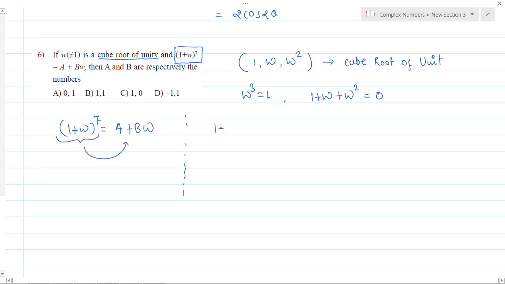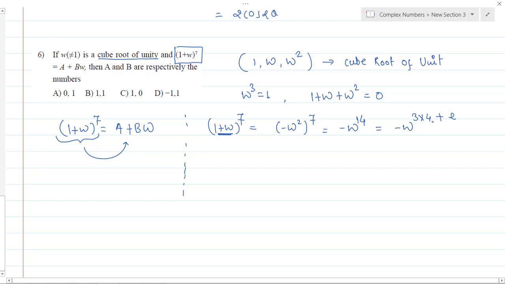So (1 plus omega) to the power 7 can also be written as what? 1 plus omega is equal to minus omega square. Perfect, very good. So it is to power 7, which is equal to minus omega to the power 14. So what I told you, write it in multiples of 3. So it is 3 into 4 plus 2, since 3 fours are 12, we have to add 2. Is it okay?